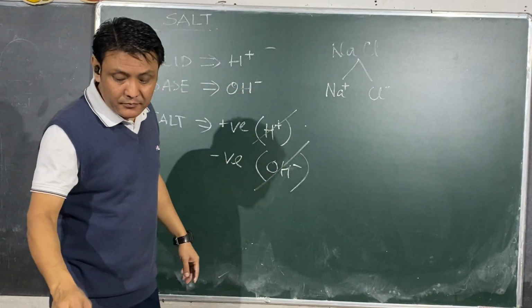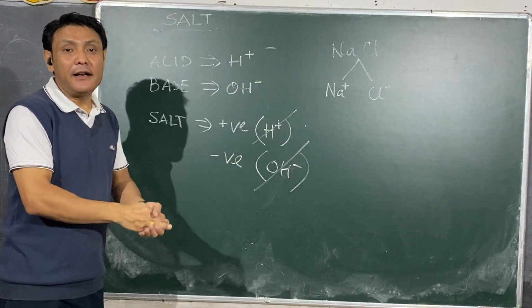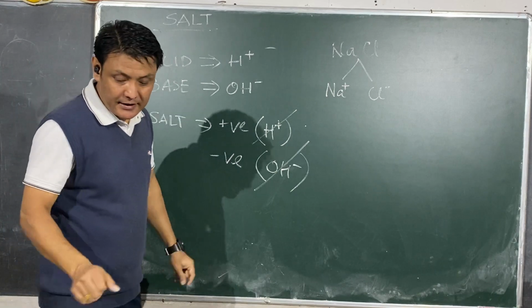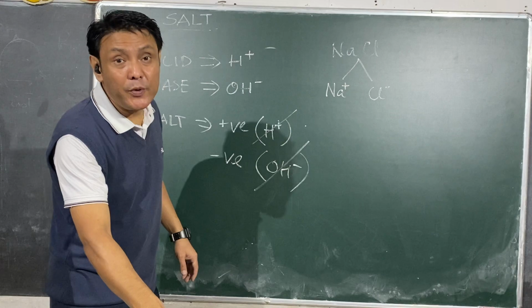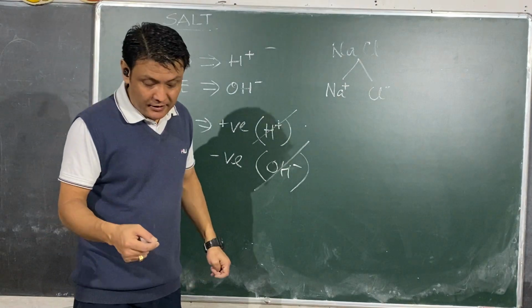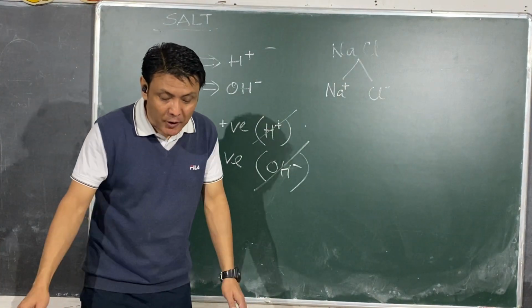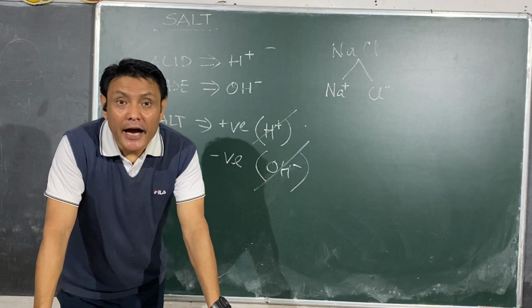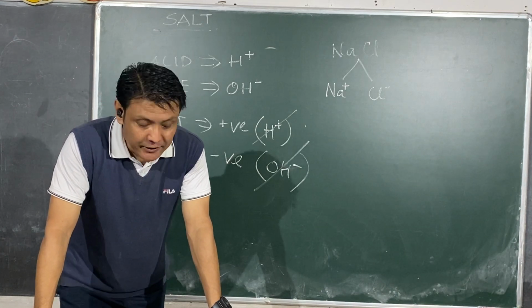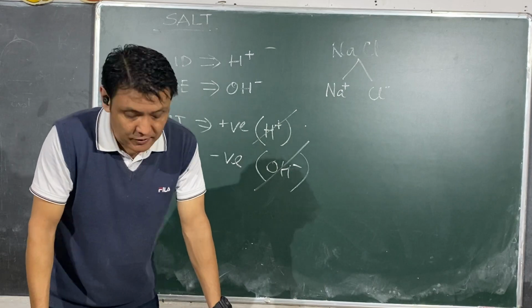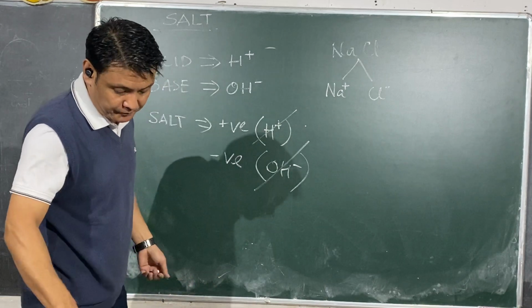So a salt is an ionic compound which yields a positive ion other than hydrogen ion and a negative ion other than hydroxyl ion. So that is a salt. Okay. Now,